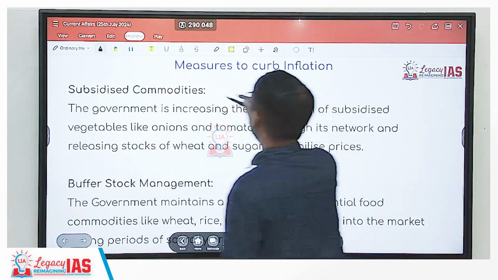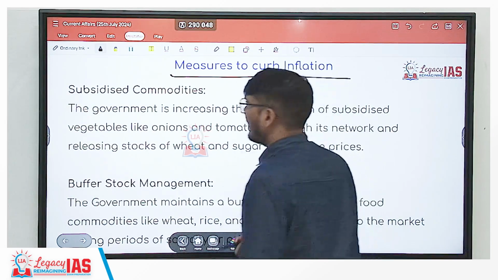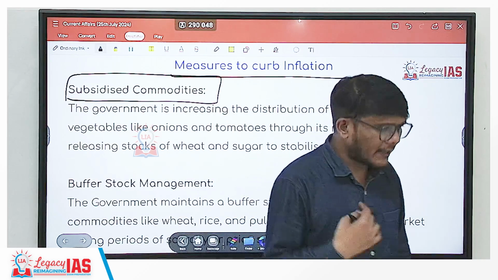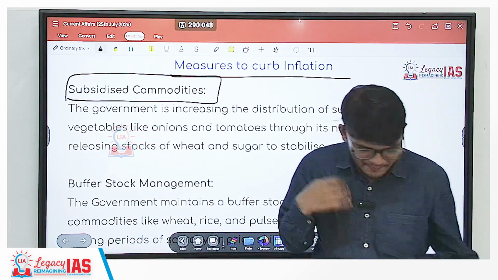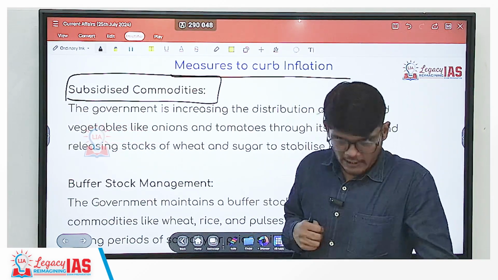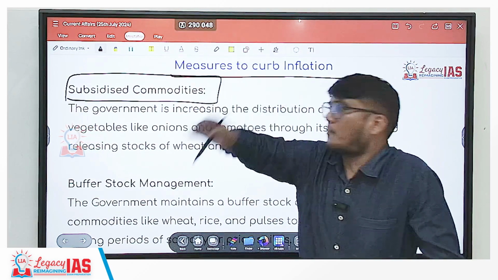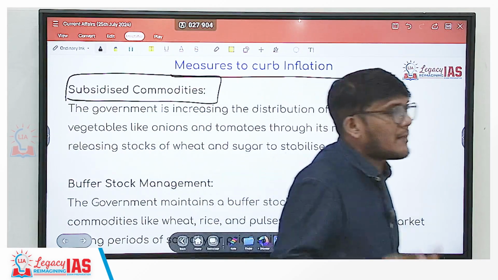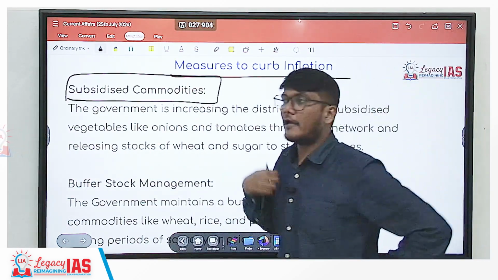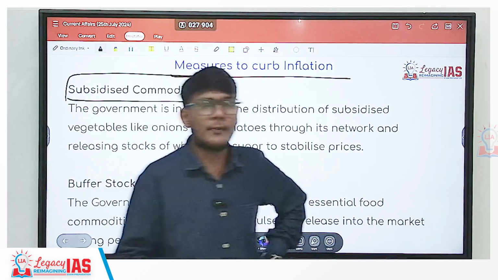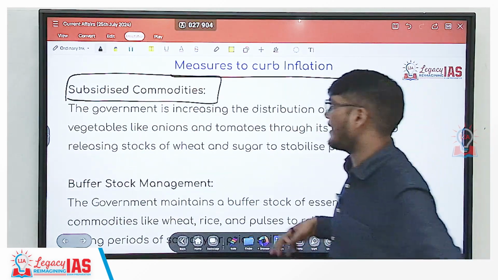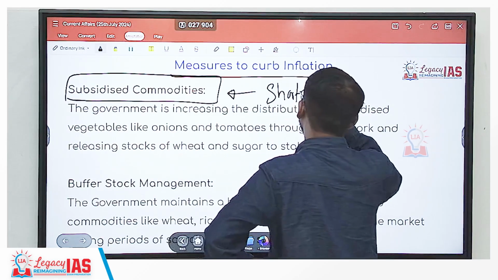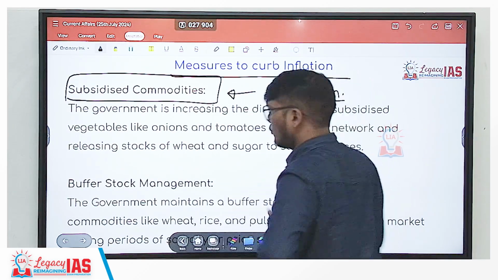Now, what is the measure the government can take, is taking and can take to address this? Number one is subsidized commodities. Now, subsidizing commodities is a very immediate, short-term measure. You cannot keep on subsidizing throughout eternity, but urgent relief is also required. If things are so costly, people will not have food to eat, people may not have proper calories, people may not have proper nutrition as well. So all these problems can happen. That is why the immediate solution is to provide subsidies, but this is of course a short-term solution.